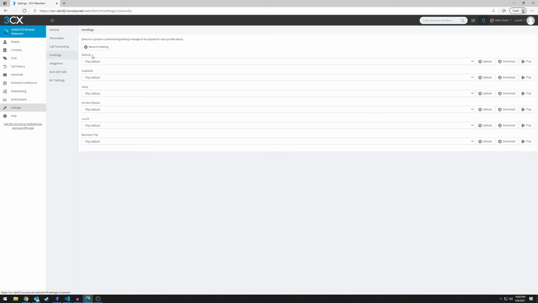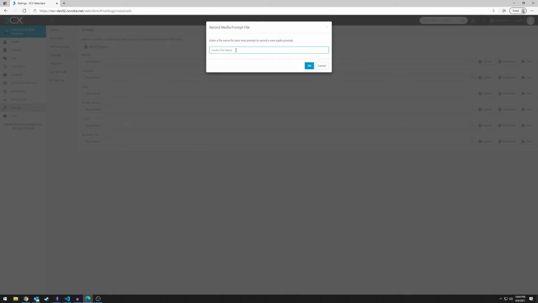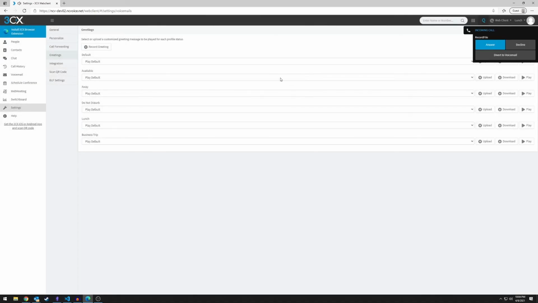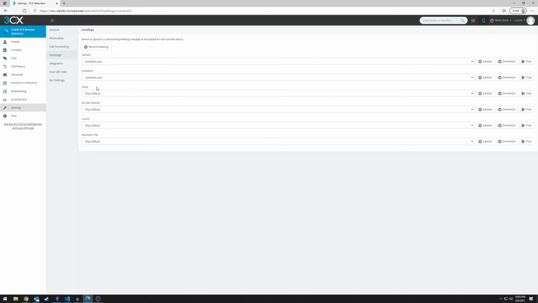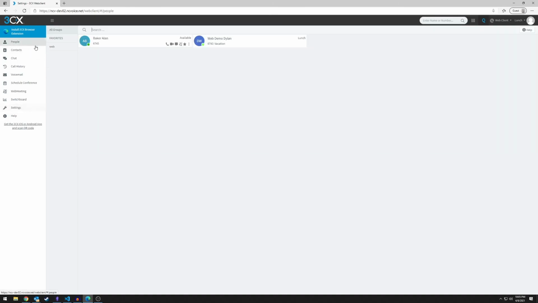You can change your greetings based on status. You can record the greeting straight from here. Record your message, then press pound. Leave a message. Save message, press 0. Your message saved. So now that we've recorded our greeting, we just need to change it for our status. And if we dial our voicemail, which is *4 on our extension, in our case *46743,